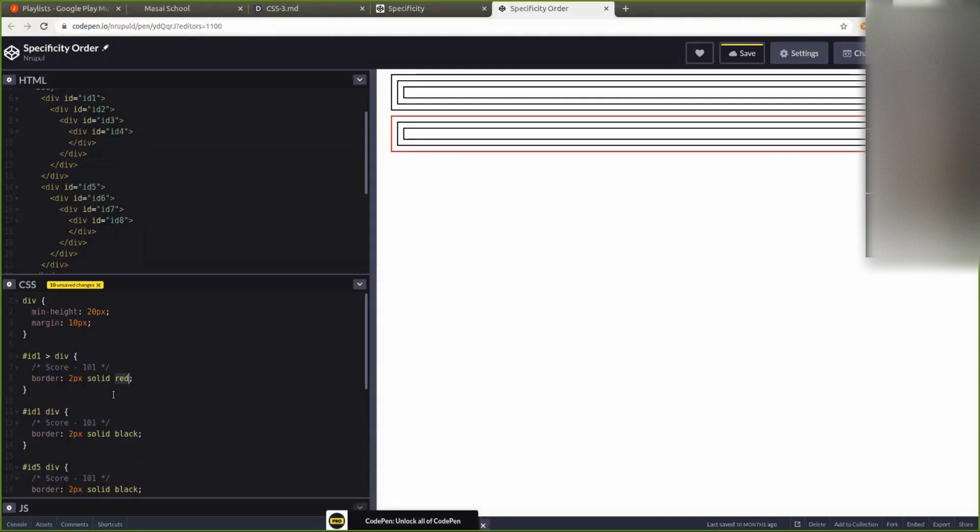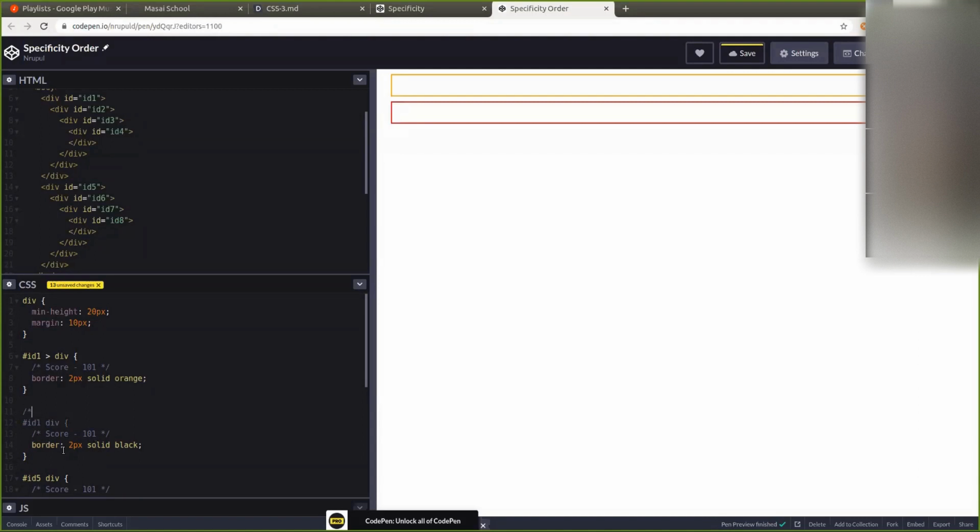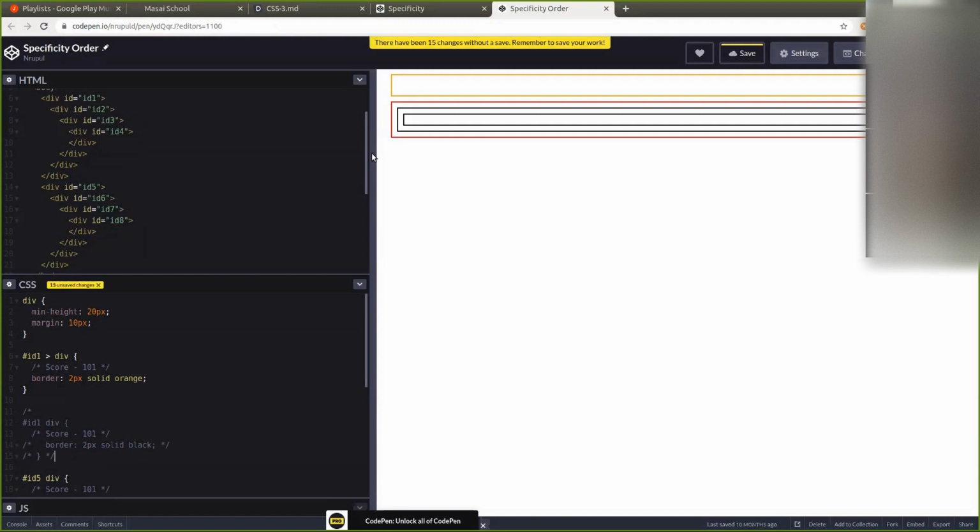Let's say even if you say orange or anything. But if you remove this selector, now it will look orange, but only one box is coming because I used a child selector here, not a descendant selector. The border is not an inherited property, so all the descendants will not have it. Now if I remove it back,